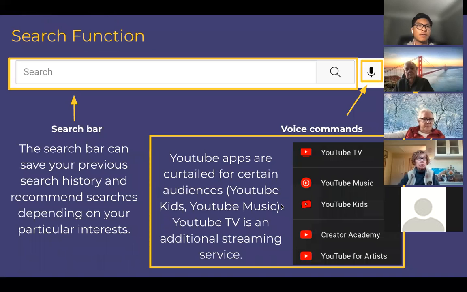And so the search function on YouTube, like the search function for many other groups, sort of saves your search history. So anything that you've looked up in the past, you can look it up again. And it will also recommend certain categories depending on what you used in the past. There are also voice commands on YouTube, and then YouTube also has certain quote unquote apps tailored to certain audiences. So YouTube TV